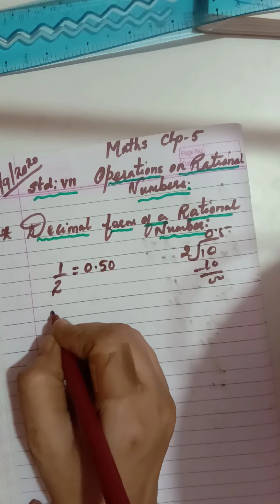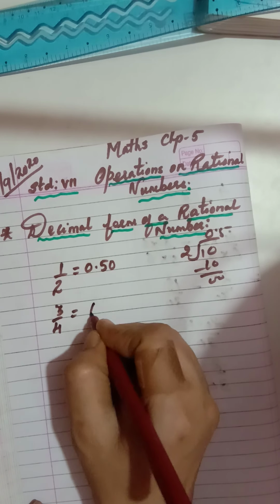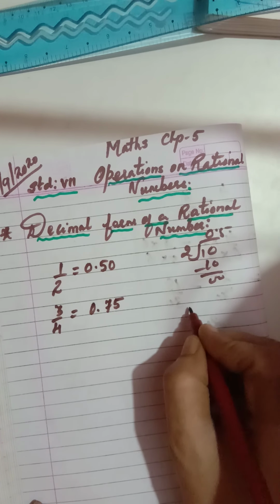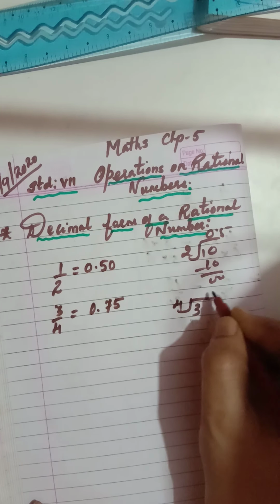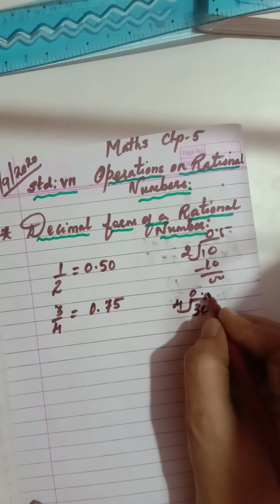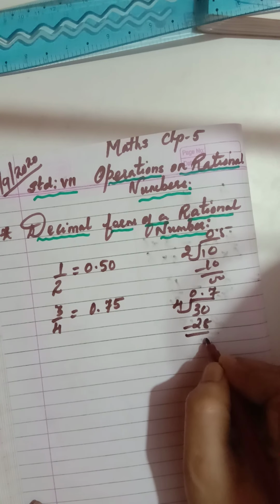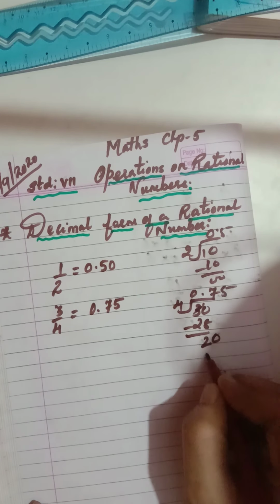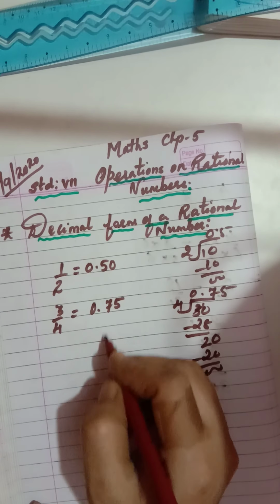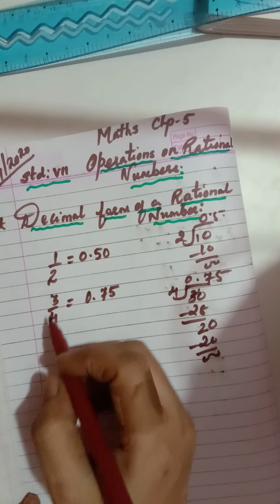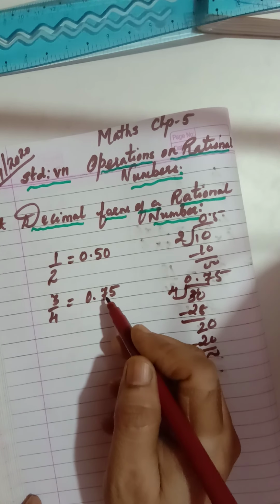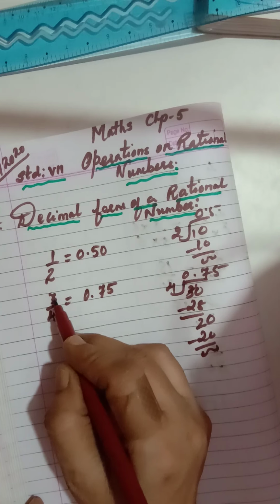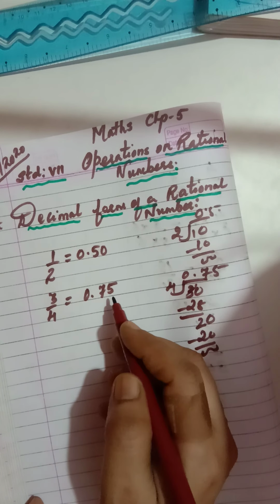In the same way, children, if you take the fraction 3 upon 4, I can write 3 upon 4 as 0.75, right? Now you can divide this. So here see, children, 4 and this is 3, here 0.4, okay, 4 7s are 28, here comes 2, comes 0, so 4 5s are 20. That means 3 upon 4 is equal to 0.75. That means we are converting the fractions into which form? Decimal form. This way, we have divided the numerator by the denominator and we have got the decimal form.